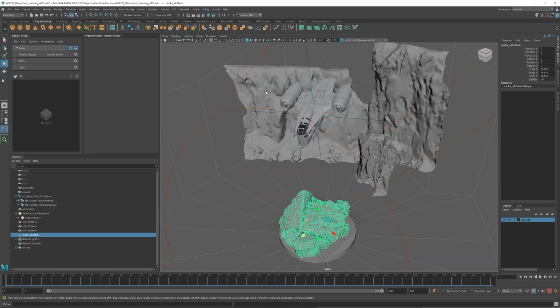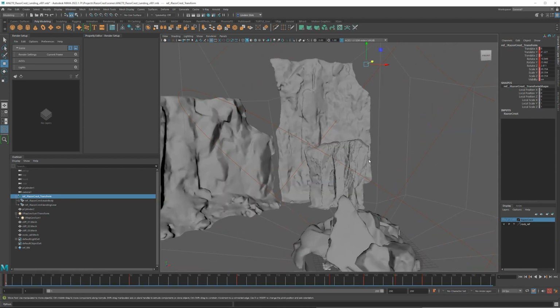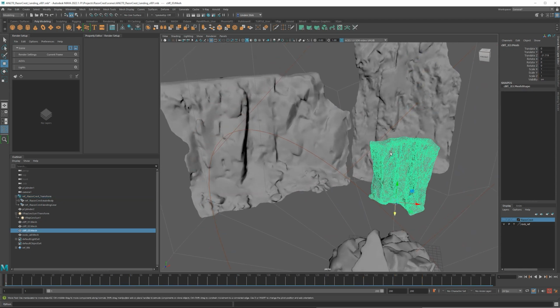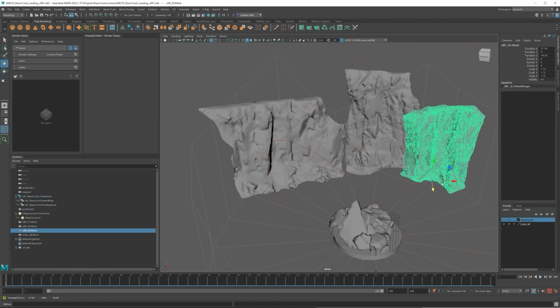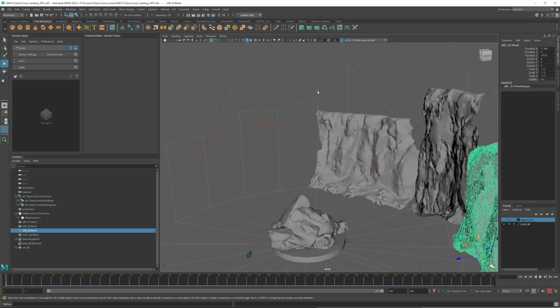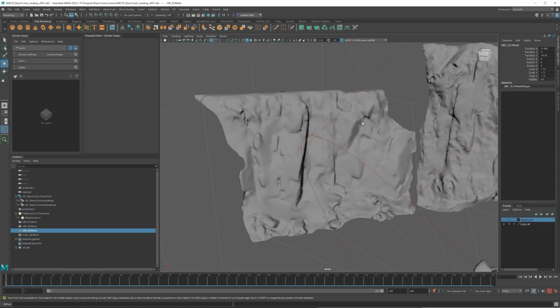One thing I am going to do here, just to clean this up, is select my Razor Crest and create a new layer for that. I'll type in Razor Crest for that display layer and then turn off the visibility so we're not constantly looking at it. So we can scale these up, do what we want with them, but basically we want to create a shape that goes around this perimeter here. But before that, let's actually assign some materials.